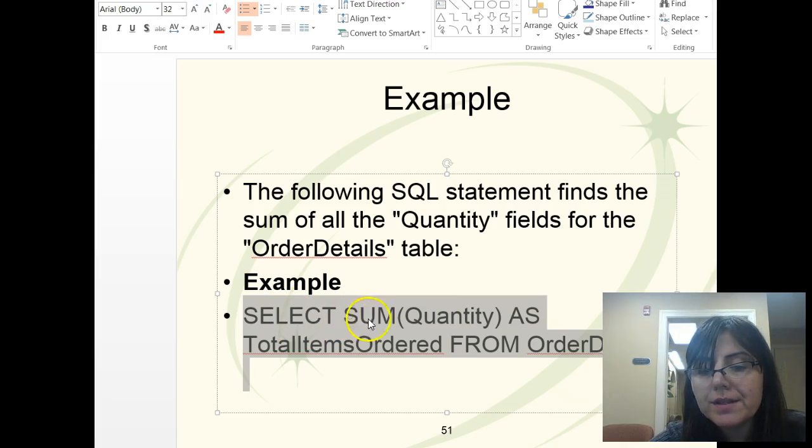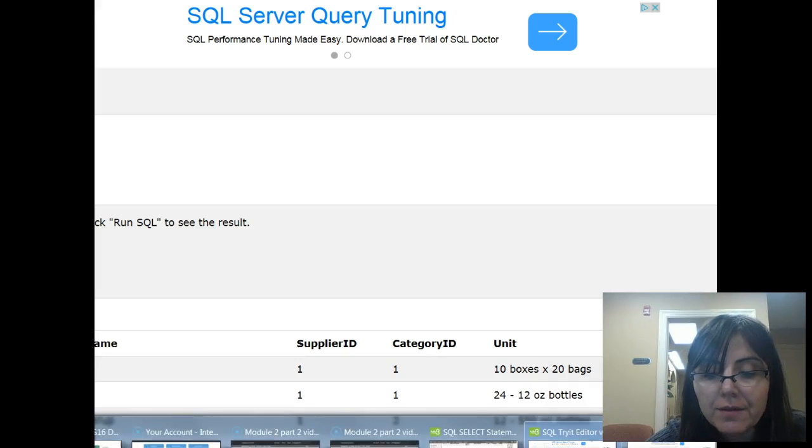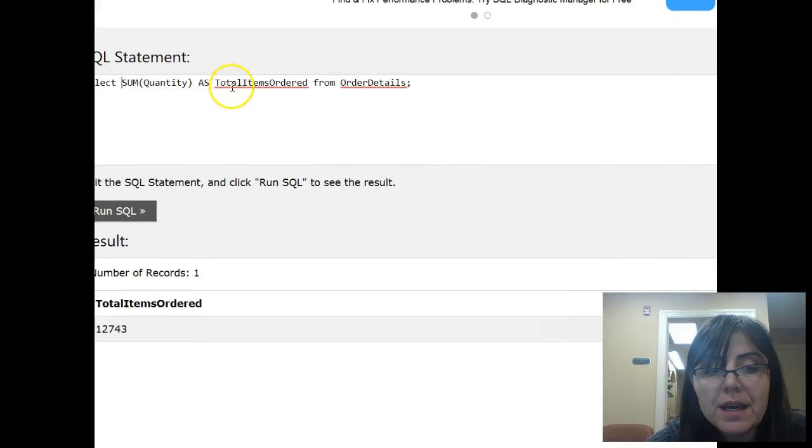Okay, so we are going to write select sum as, and we want to call the new column total items order from the order details. So we are going to go to the W3 website, and we are going to copy this, and we are going to say select sum quantity as total items order from the order details. And then for the sum of the quantities, you will see the number is 12,